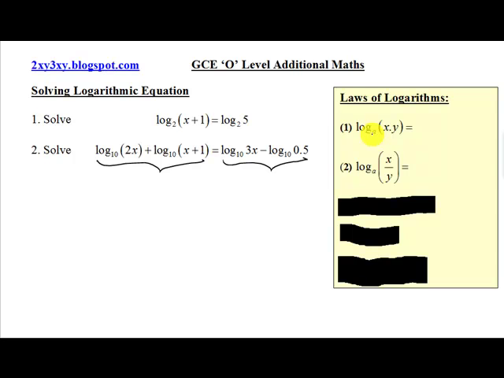There's this law of logarithm that says log base a of x multiplied by y can be rewritten as a sum of 2 logs. That is log base a x plus log base a y. A multiply here can be rewritten as a plus here. Similarly, log base a, instead of x multiplied by y, we have x divided by y. We can rewrite this as log base a x minus log base a y. A divide becomes a minus here. Okay. So based on law number 1,